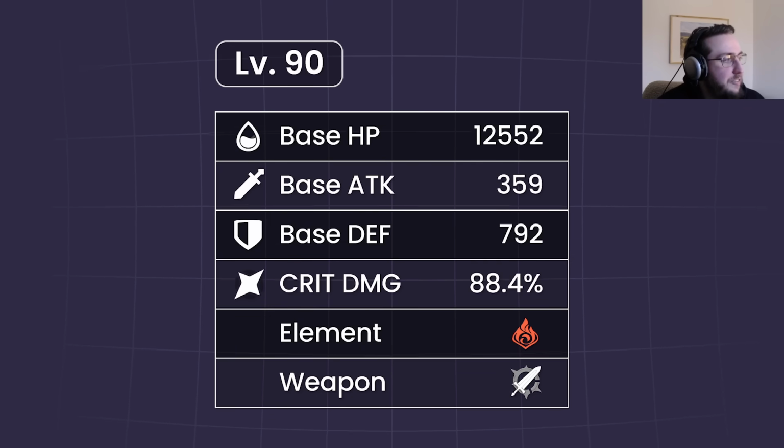Base HP and base defense. Her base HP is pretty average. Her base defense is a bit on the high side. All in all, she's a character that is not really going to struggle with squishiness issues, but also not be Neuvillette. Crit damage ascension stat, which is much better than crit rate ascension stat on Natlan characters who can use